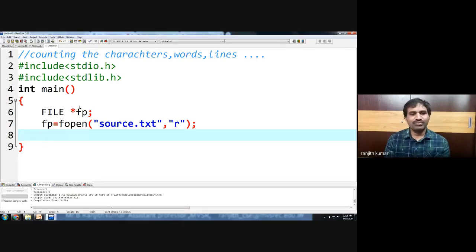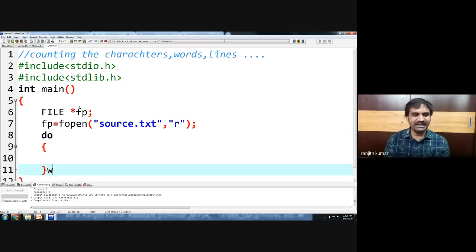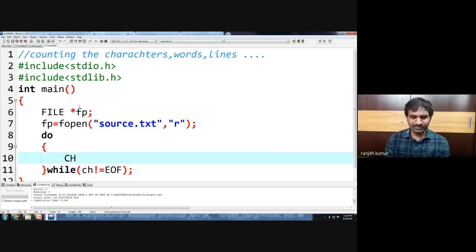Now the first step is completed, second step is completed. What is the third step? Repeat the activity until end of file. So ch not equal to end of file. What you will do, first you will have to read a character, fgetc, from where? fp.